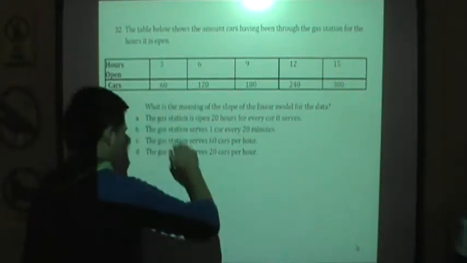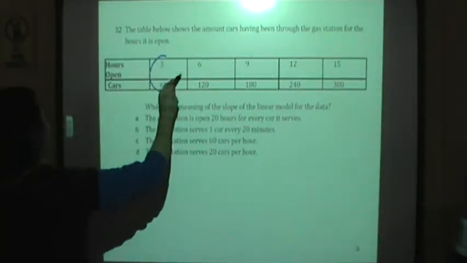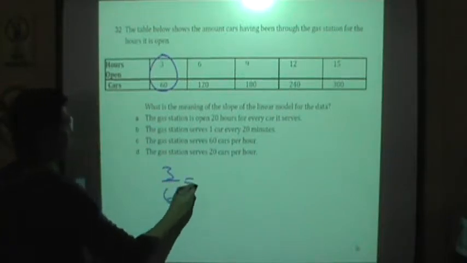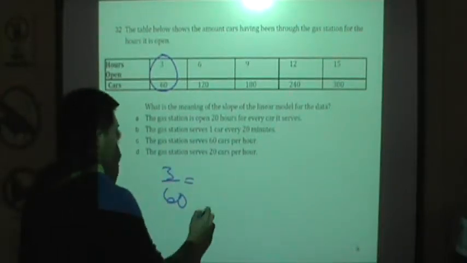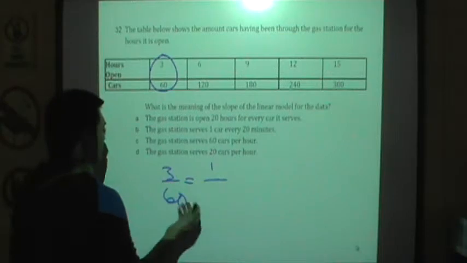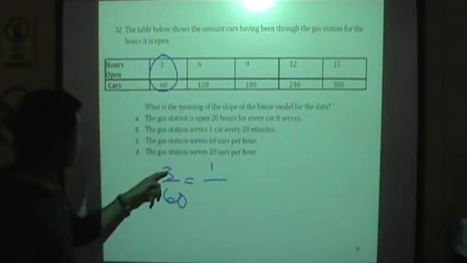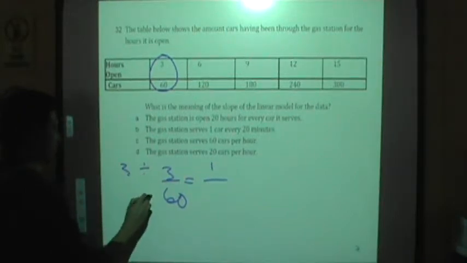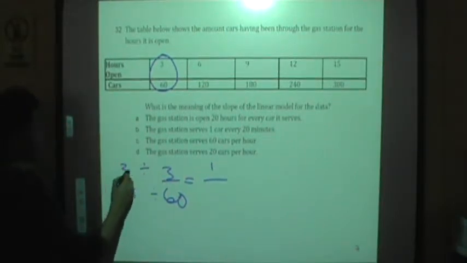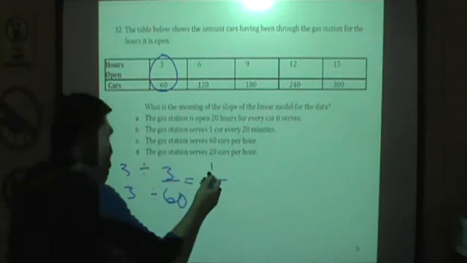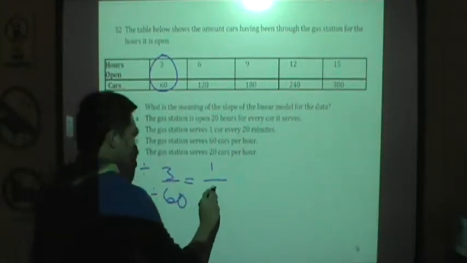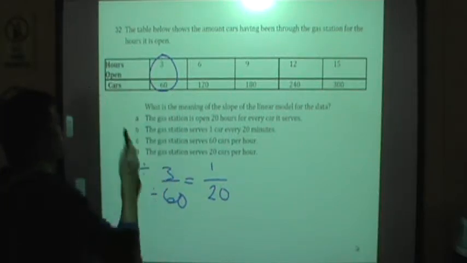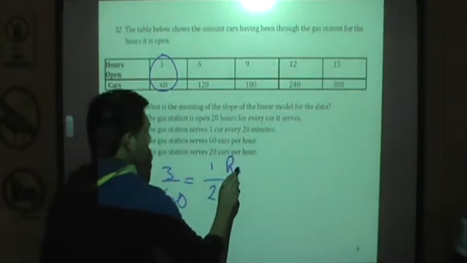Okay, now after reading this problem, all I have to do is to just get the lowest term of 3 over 60. Getting the lowest term of 3 over 60, think of a number that can divide both 3 and 60. Now, I can divide 3 by 3, I can divide 60 by 3. 3 divided by 3 is 1, 60 divided by 3 is 20. And you have to remember that 3 is for hours, so every hour